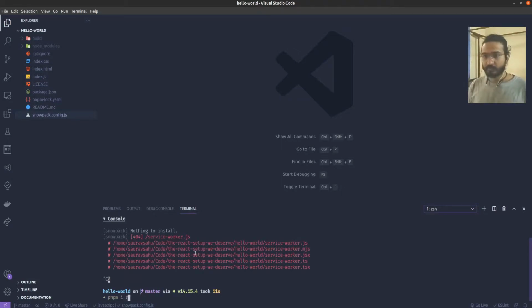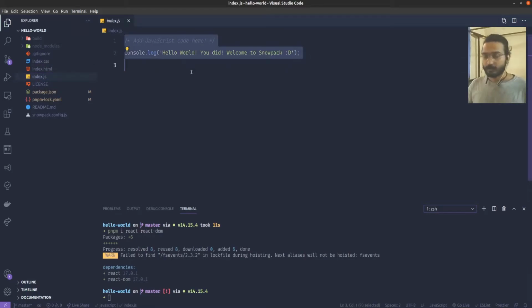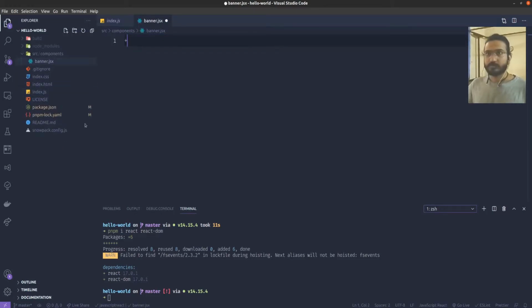Now we can install React and React DOM to set up our React project. So we have the packages installed. Let's create a component first. We'll put this in src/components/banner.jsx. I'll show you an example with TypeScript, but for now let's just use JavaScript. So let's export a Banner component